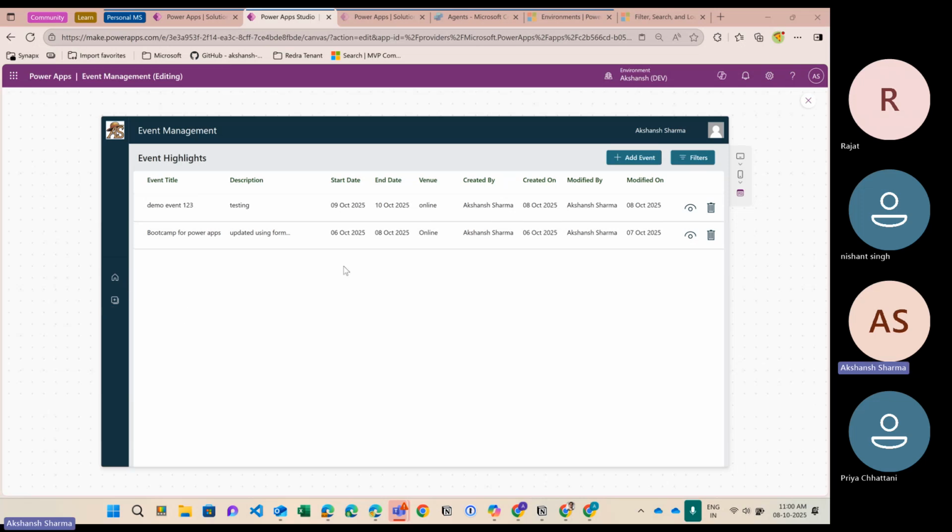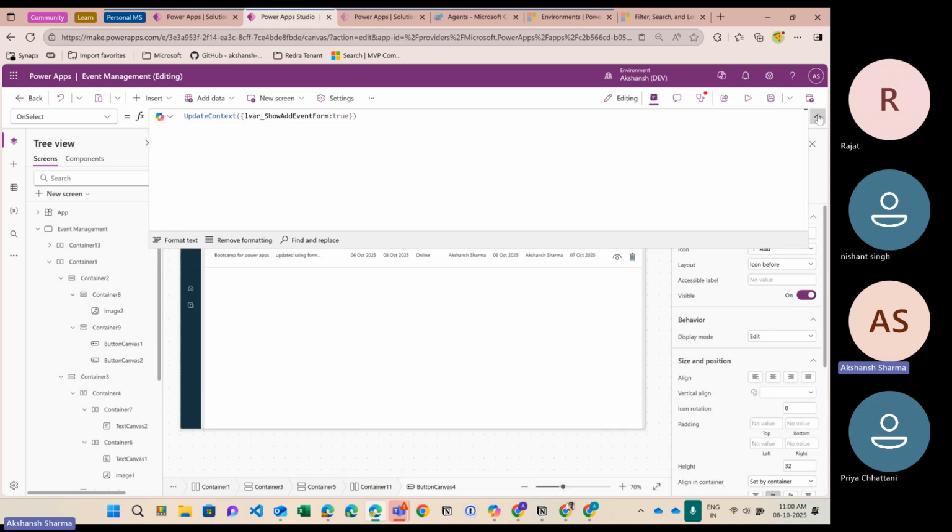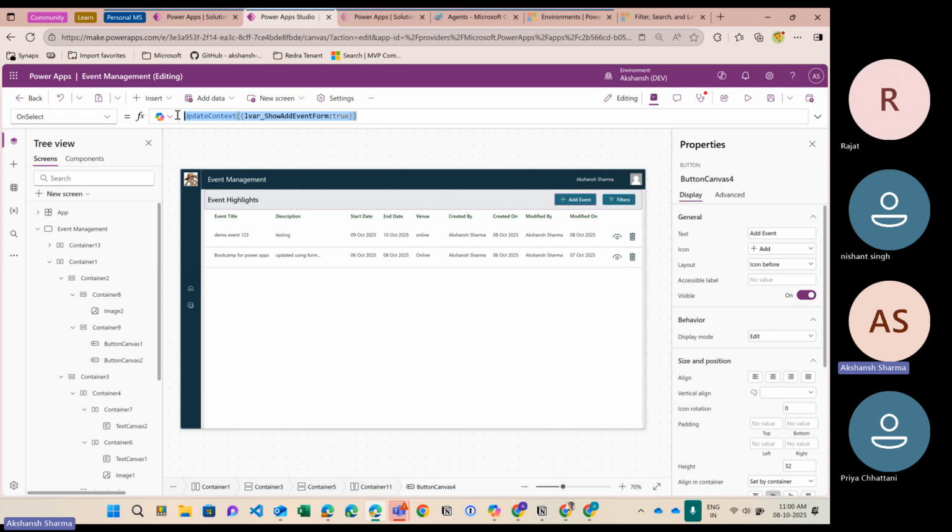security model. Right now, the final bit which I wanted to add as a feature to this Power App was filters. So we have the filters button. Now we haven't added anything which is actually filterable, right? So what we can do is we will use the same pop-up, but a different variable. Okay, so we'll copy this one, add here. Now show events form, add form. We will do show filters. If I give show filters as true,